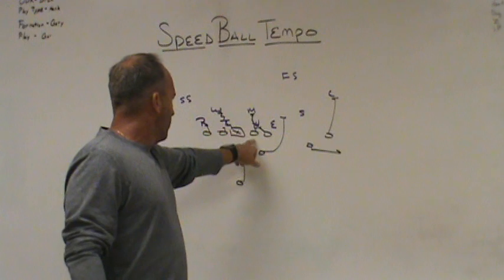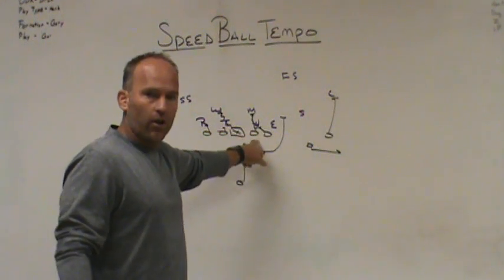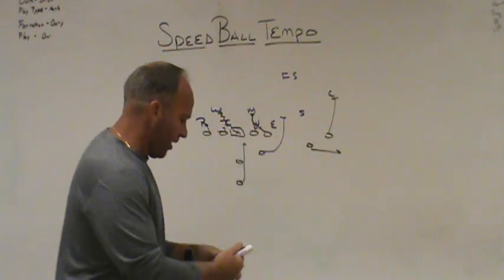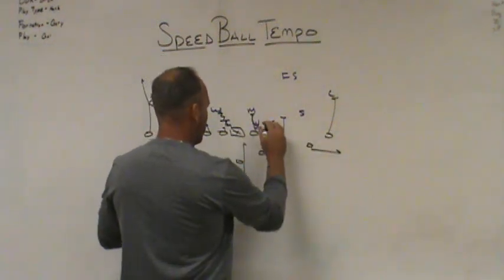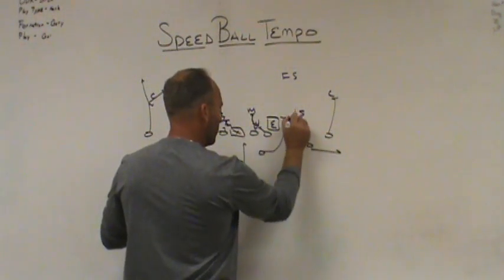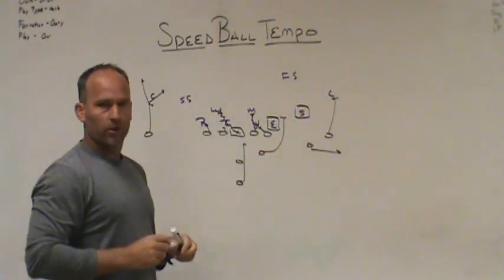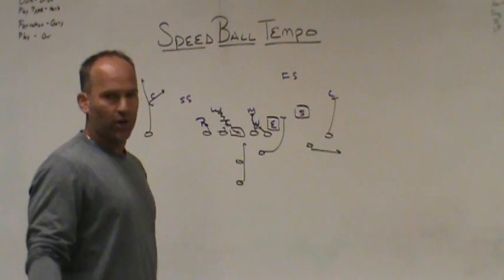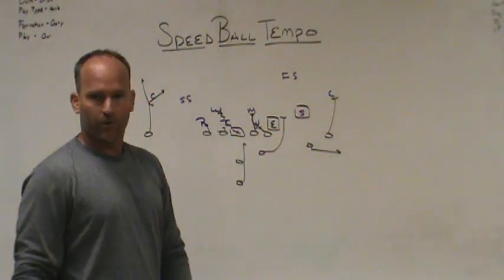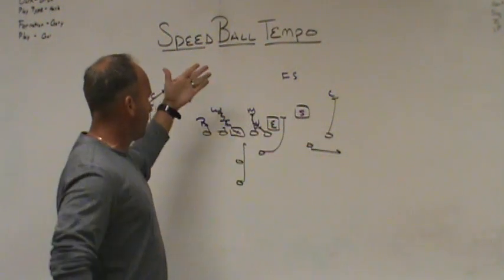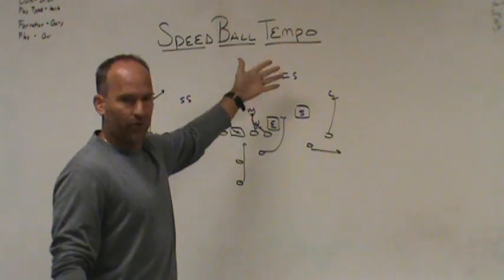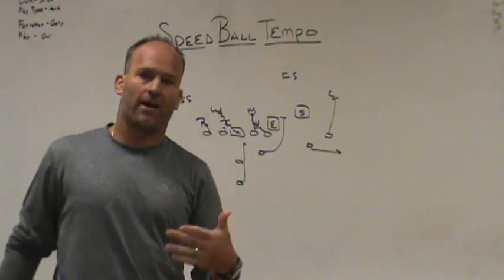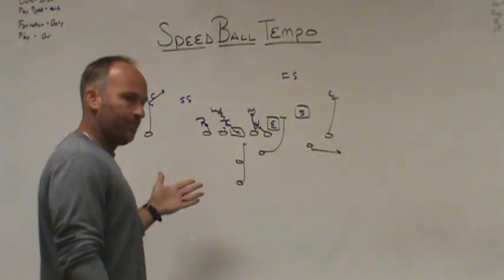Okay, so what now happens when you're running speedball tempo, we have our base veer, our inside zone read, you call it the Zier. This is our inside veer blocking zone read scheme, reading C-gap defender to alley defender. So we're in 20 personnel running our base zone read Zier play with a key screen tagged to it. So what the quarterback now has is triple option theories to the front side. So you now have a play built in that gives the quarterback options within the play.